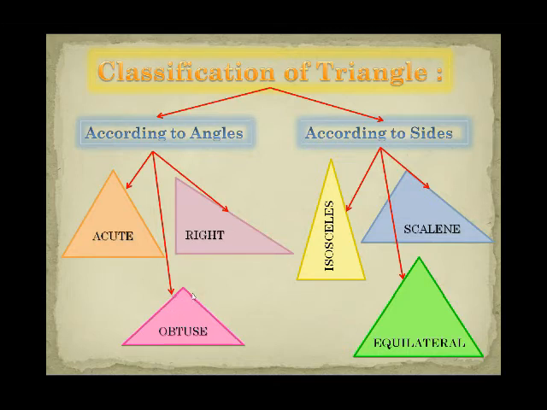Okay, we already know that the sum of the three angles is equal to 180 degrees. If we have one angle which is obtuse, then the other two angles are acute. It means that they are less than 90 degrees. Okay students, they are acute angles and one angle is obtuse, so this type of triangle is called an obtuse angle triangle. Now, but this one is the right angle triangle.